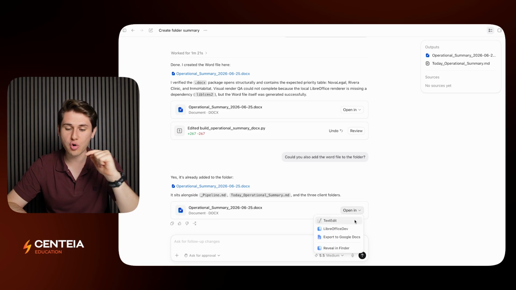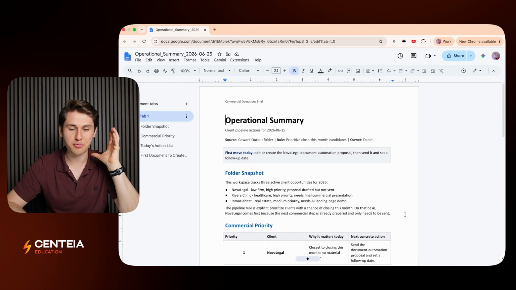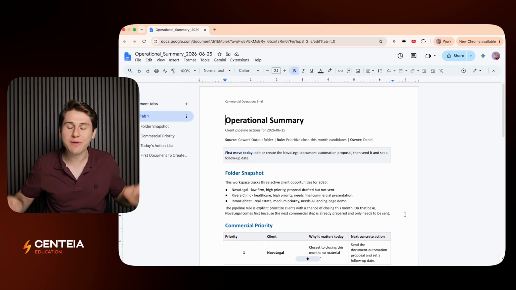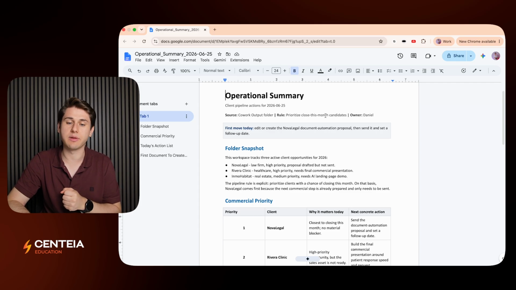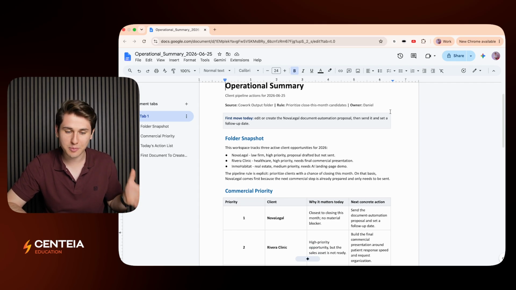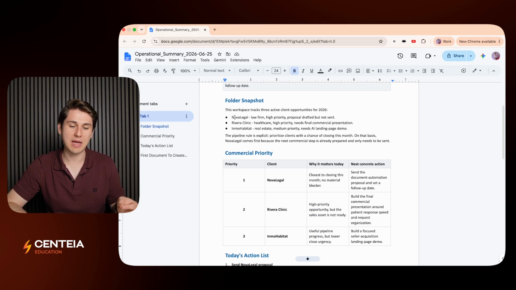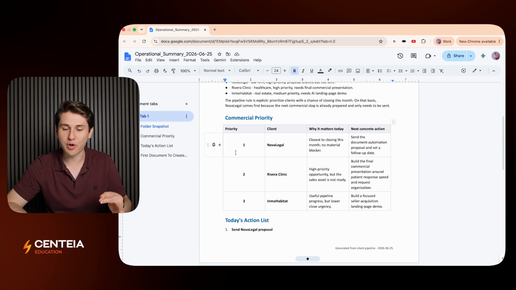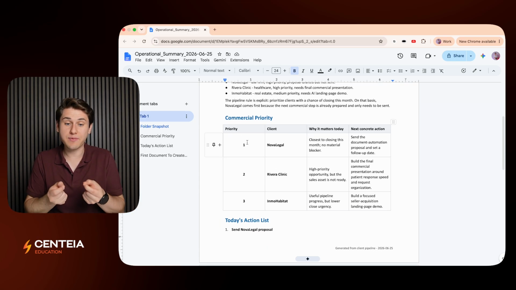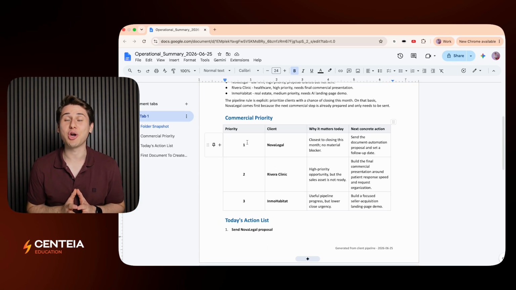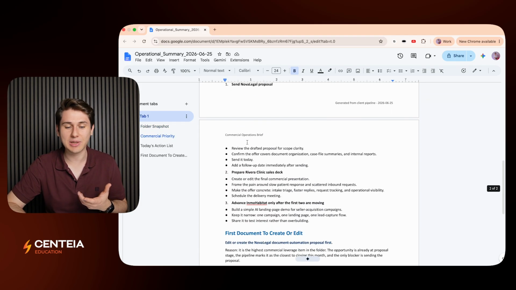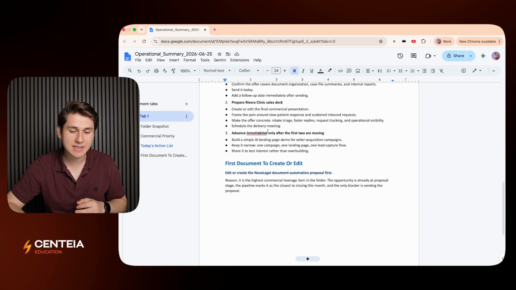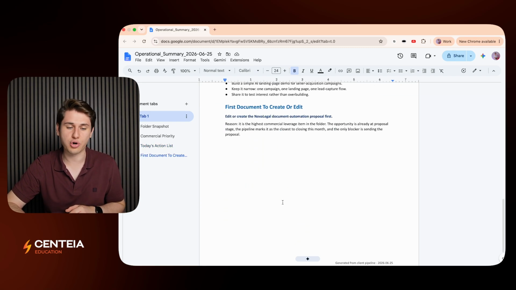In my case, I decided to open it, export it to Google Docs, and it's right here. And look, we have a beautiful and very well structured document, the operational summary. It gives us the source, the rule. We prioritize close this month candidates. Owner is Daniel, myself. Folder snapshots, we have our 3 clients here, the level of priority ranked. Again, remember, even though this has been executed by Codex, the organization and ranking was done by Co-Work. Okay, today's action list, what we're going to do for each client, and the first document that we should work on and